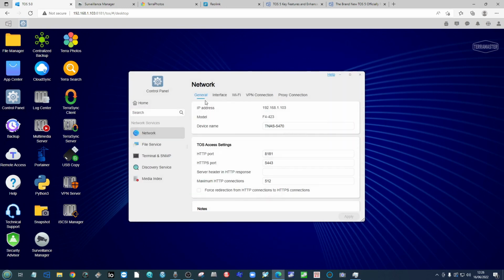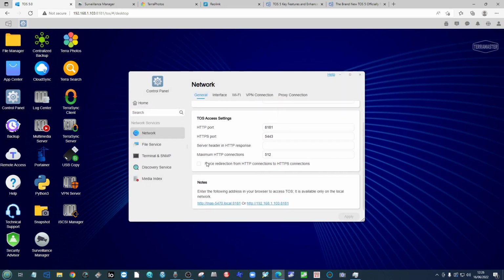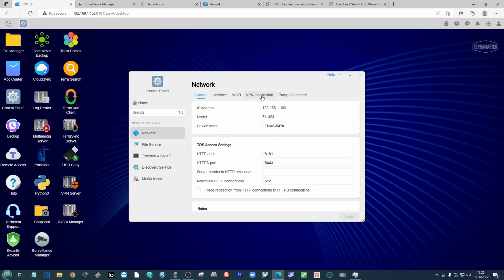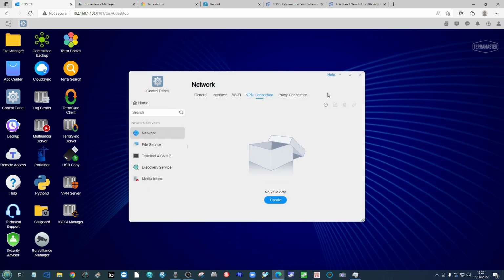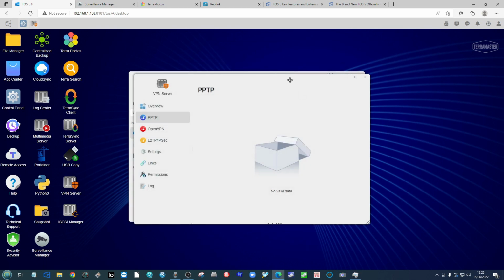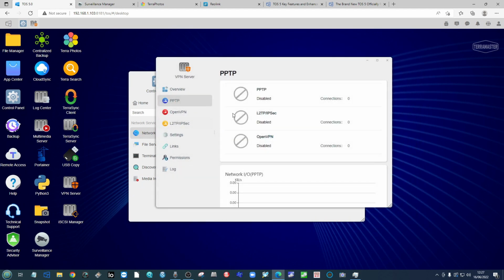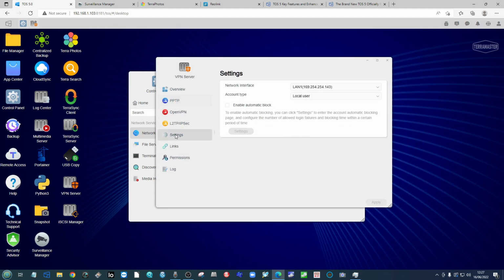So if we go into the network settings there, we can see that what we can choose to do is force the system to only utilize HTTPS connections. On top of that, you can add existing VPN connections if you have a VPN provider to hand, or you can utilize the new VPN app via VPN server to create those tunneled access points to the system. And again, you can add multiple if you choose, but of course do bear in mind that the majority of these do have their own funded subscription fees on board. But they do still have lots of configuration options that you can add to that are completely limited to the